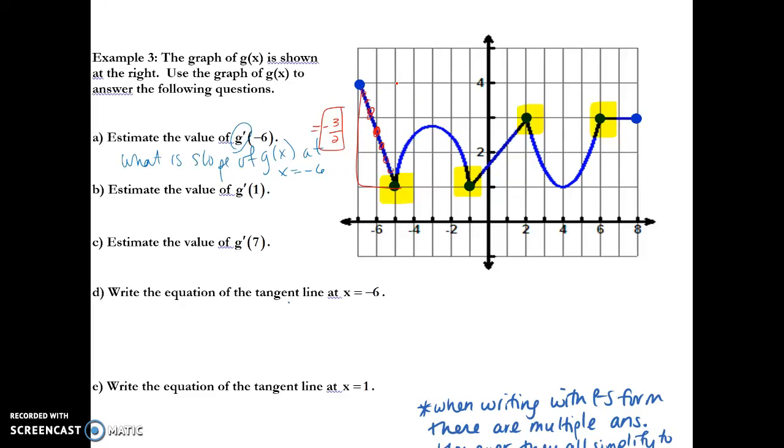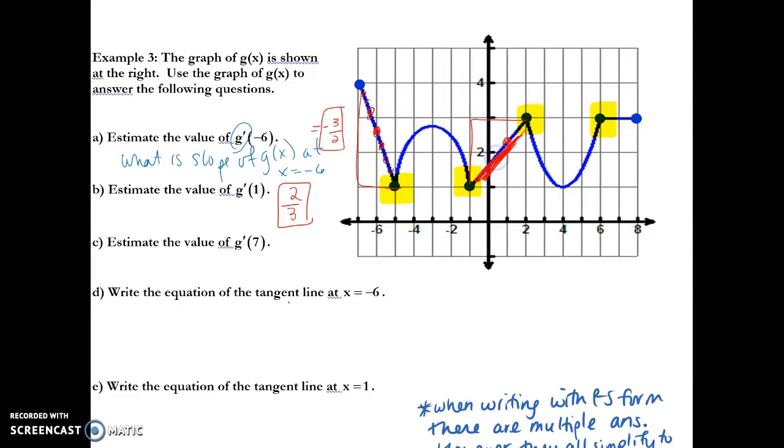All right, we want to estimate the value of g prime of 1. So again, we're trying to figure out, when I'm over here at x equals 1, what is approximately the derivative there? What is the slope there? And again, since this line segment is linear, we can go ahead and just do rise over run for the whole line segment, up 2 over 3,